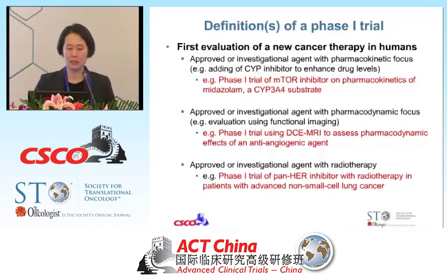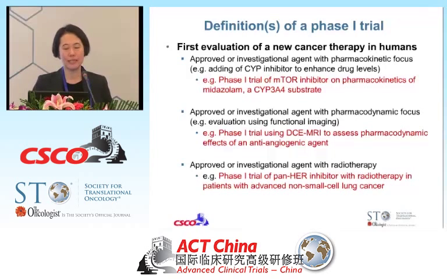The third slide is a little bit different and not your usual thinking of phase 1 trials. The top, for example, is if you really want to understand whether a drug that you're testing has an interaction potential, that when you give it with certain drugs that are already out there, for example, Coumadin or warfarin, there's a significant risk that the patient's bleeding risk is much higher. So you want to understand a little bit more about the pharmacokinetic interaction of that drug. And you might want to give that drug with another test agent that enhances that potential and monitor a patient very closely to see what happens.